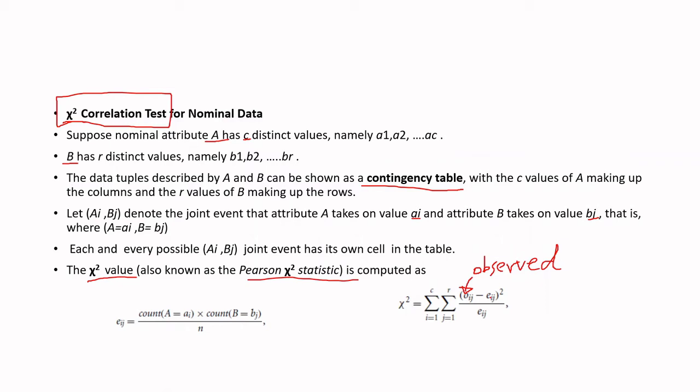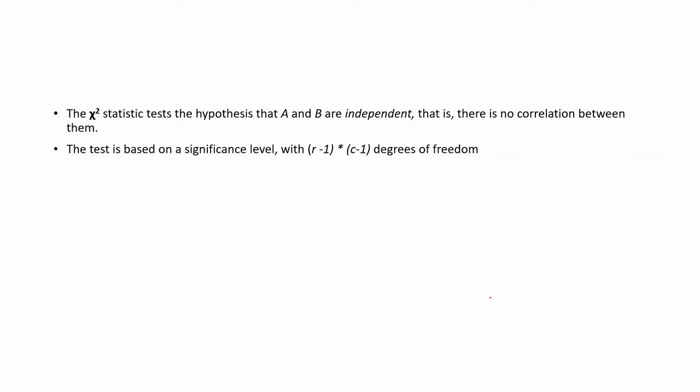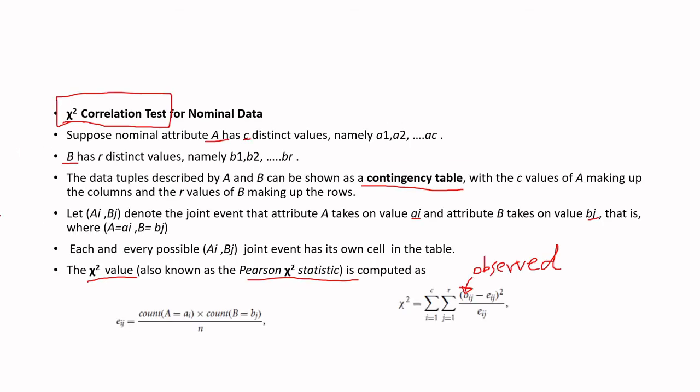Okay, now here we have the chi-squared test, the hypothesis that A and B are independent. That is what we said. A and B are independent, that is, there is no correlation between them. That is our assumption. അപ്പൊ അതുകൊണ്ടാണ് നമ്മൾ ഇൻഡിപെൻഡന്റ് ആകുമ്പോൾ ഉള്ള കൗണ്ട്സ് ഇത്രയാണ് കാൽക്കുലേറ്റ് ചെയ്യുന്നു. അതാണ് ഇ ഐ ജെ. അതും ഒബ്സർവ്ഡും തമ്മിൽ ഡിഫറൻസ് എടുക്കുന്നു. അത് ഡിഫറൻസ് ചെറുതാണെങ്കിൽ, that is A and B are independent, so they are close together. The numbers we get are close together. പക്ഷെ അത് തമ്മിൽ റിലേഷൻ ഉണ്ടെങ്കിൽ നമ്മൾ എക്സ്പെക്ട് ചെയ്യുന്ന വാല്യൂനേക്കാൾ ഒരുപാട് വ്യത്യാസം വരും. അപ്പോൾ ദിസ് chi-squared value we get will be very large.